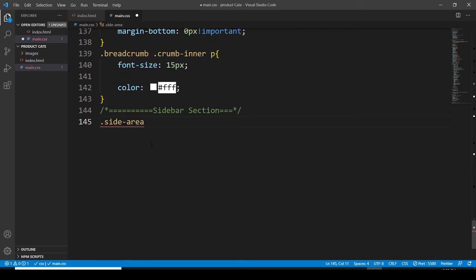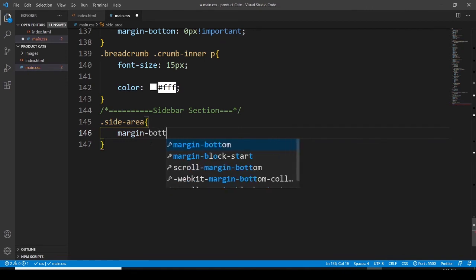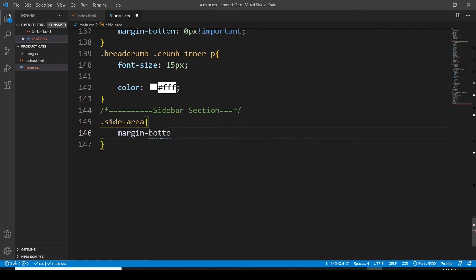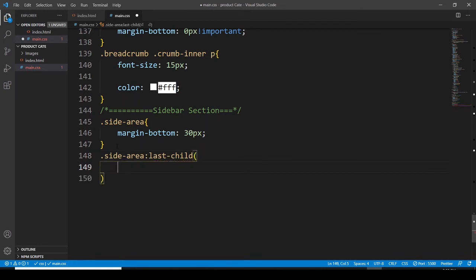Side area is going to have a margin bottom, not button, bottom 30 pixels. Then let's use side area last child, which would have a margin bottom of 0 pixels,